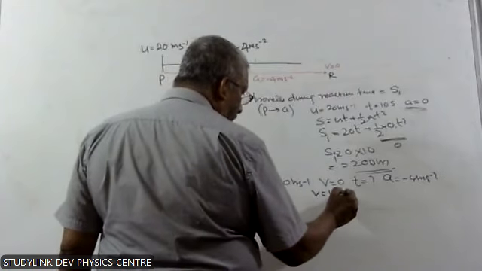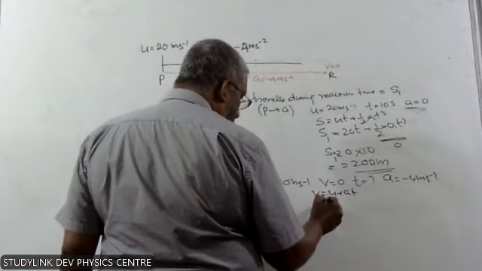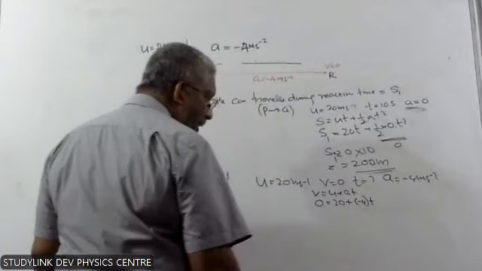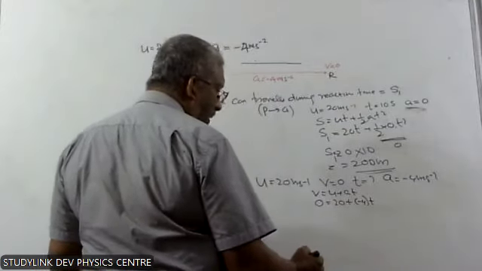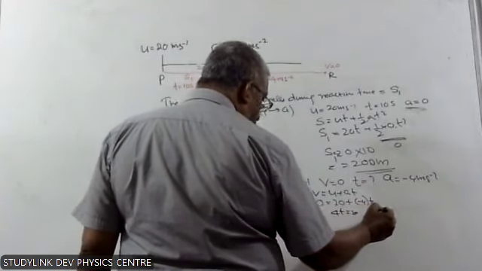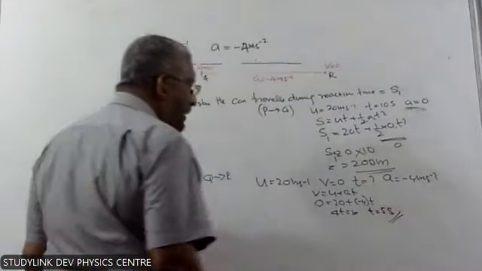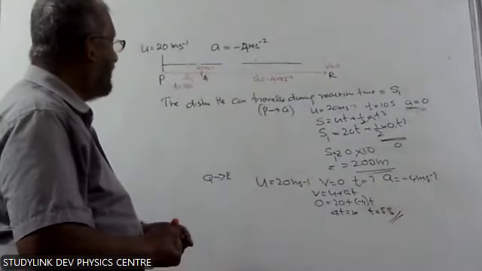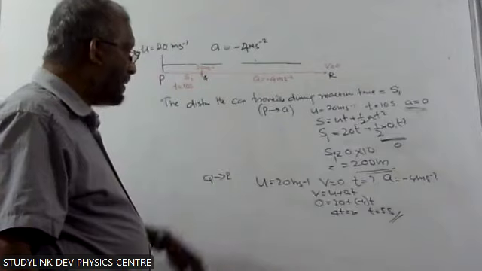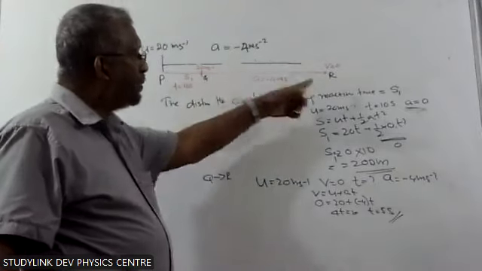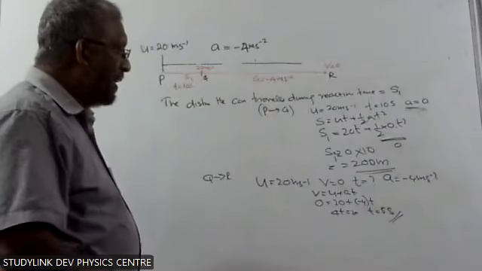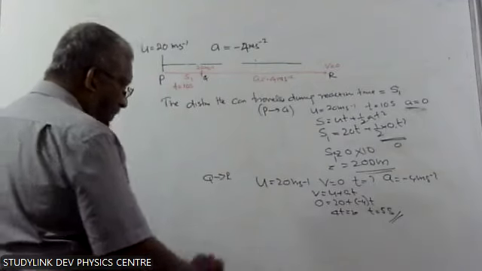v equals u plus at. So v equals 0, u is 20 plus minus 4t. Then again you are getting the same answer. 4t is equal to 20, t is equal to 5. But without doing this, we can say like this. From Q to R, the situation is just like the previous one. Therefore, time taken from Q to R is the same, 5 seconds, without doing this. That is enough. Then, therefore, total time